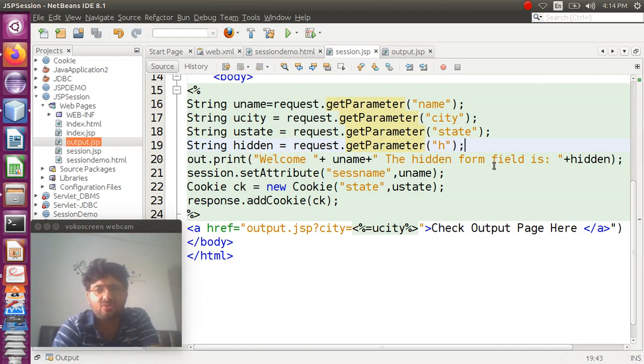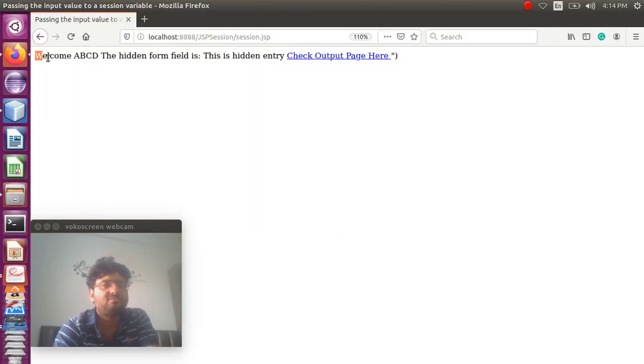The hidden form field is whatever the value of hidden. So what is the value of hidden? The value of hidden is "this is hidden form field." Okay, so let's see whether this particular line is printed or not. So if you see, welcome ABCD, now this ABCD is nothing but the value of name that was entered by the user in the previous HTML form.